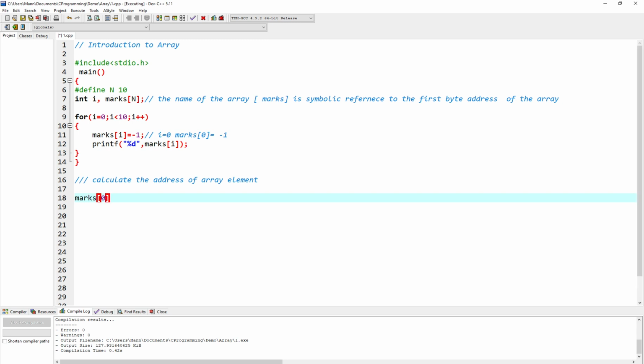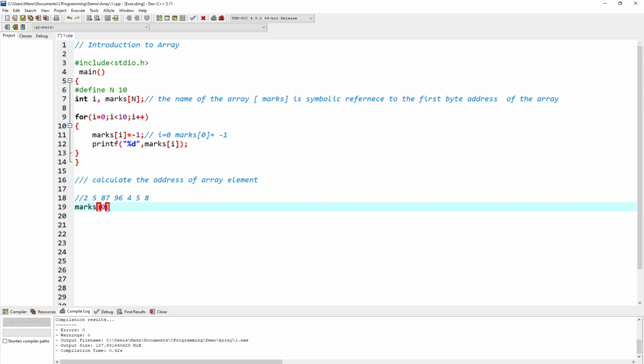So let us suppose I want to store 2, 5, 8, 9, 7 like this in the array. Where will the 2 be stored? The 2 will be stored obviously in marks[0]. So what will be the address of this 2? Where is the 2 being stored?